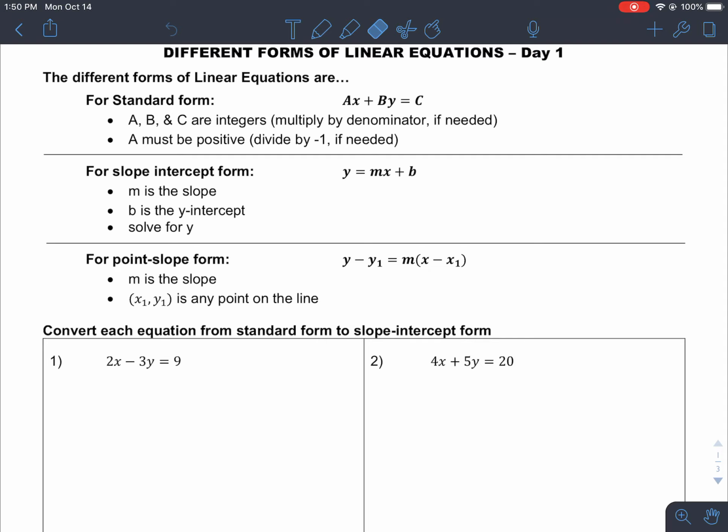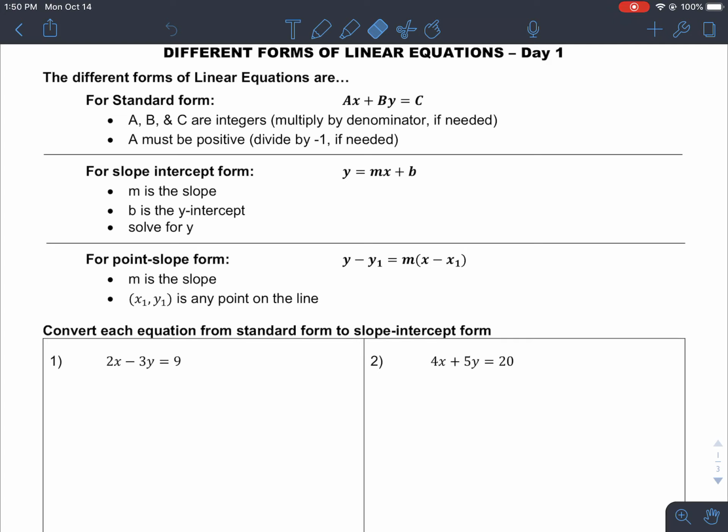A, b, and c are integers, and if we need to, you can multiply by the denominator. So if there's a fraction, we can multiply by the denominator. A must be a positive number. So if needed, we would have to divide by -1, but I don't think that we will get into that